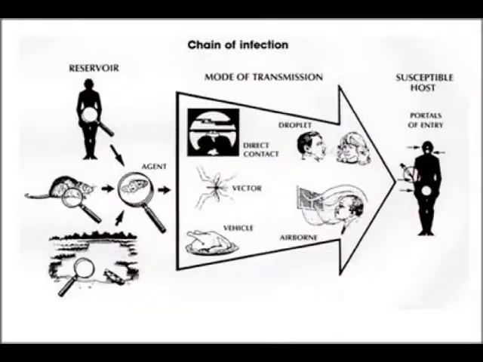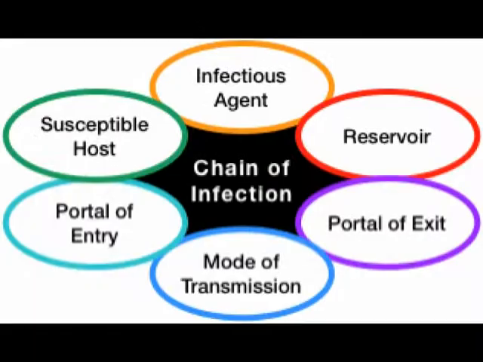So to summarize, in the chain of infection, we have got the source or the reservoir, the mode of transmission, and the susceptible host. For the source or the reservoir to transmit the infection, it needs a portal of exit through which the infectious agent will be released, and through a specified mode of transmission, let it be direct or indirect, it will be transmitted to the susceptible host. To gain entry into the susceptible host, there is a portal of entry needed. So a susceptible host through the defined portal of entry will give access to the infectious agent,